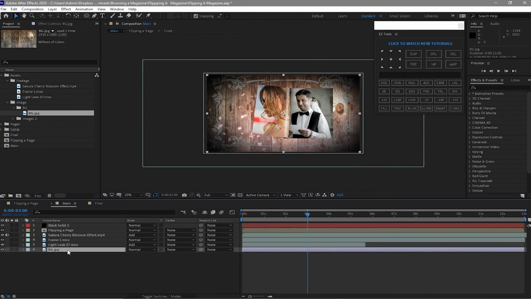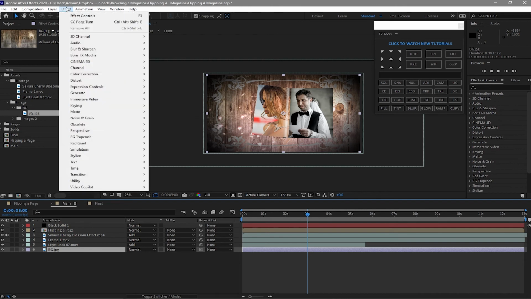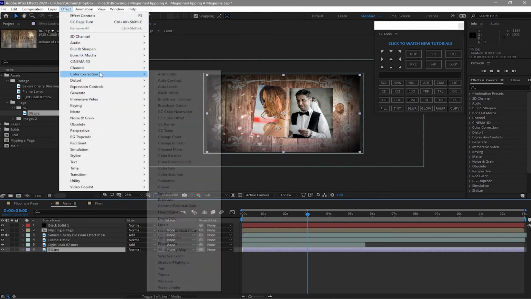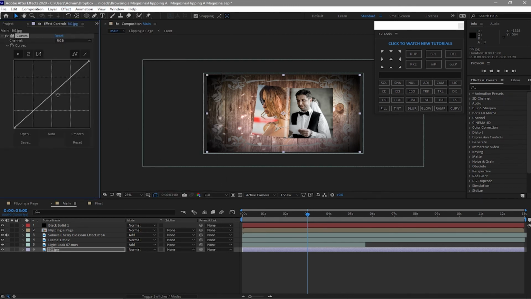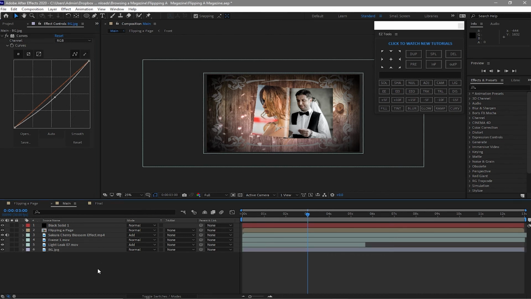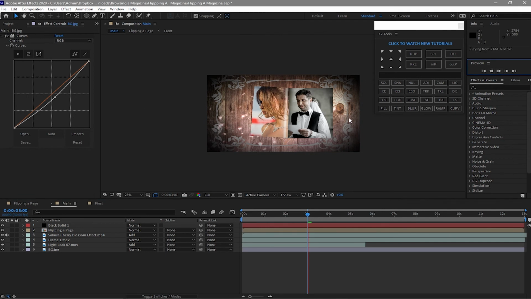I will highlight the background and then go to effects and presets. Go to color correction curves. And I will just drag them down to darken it a bit. So when we play this one, let's see.